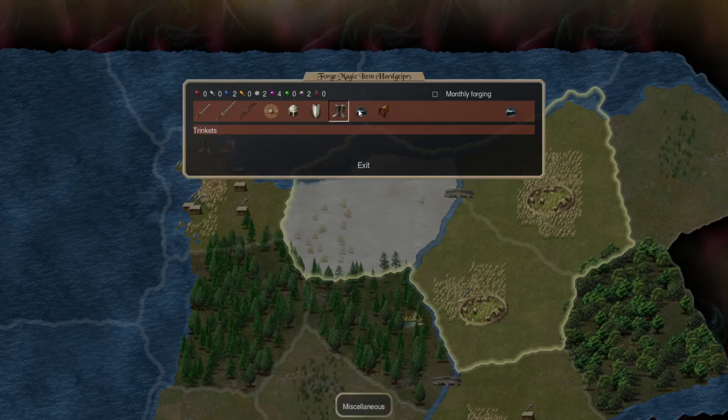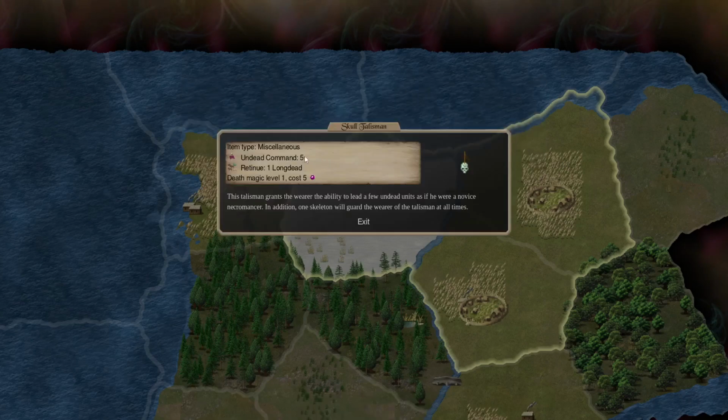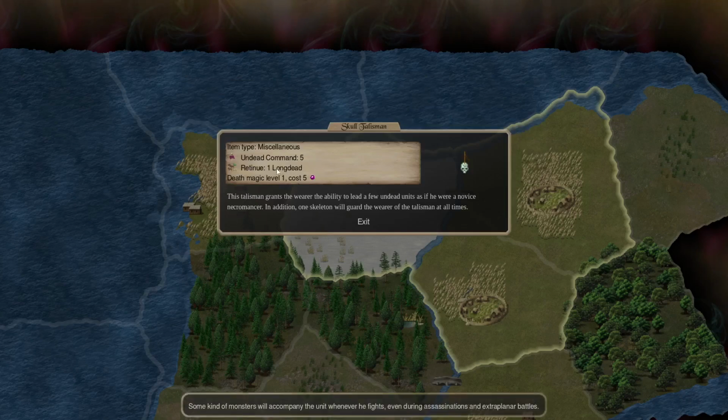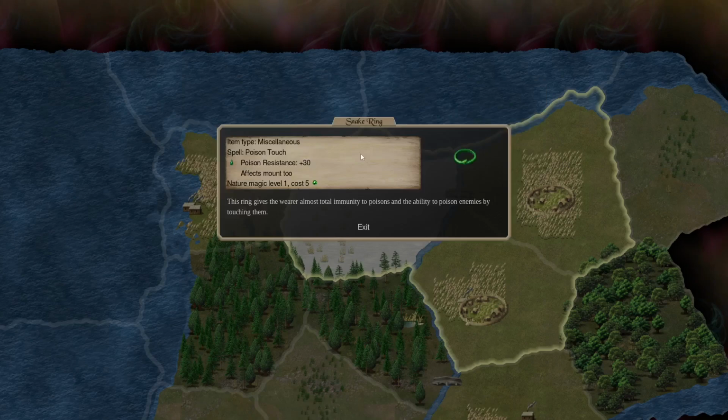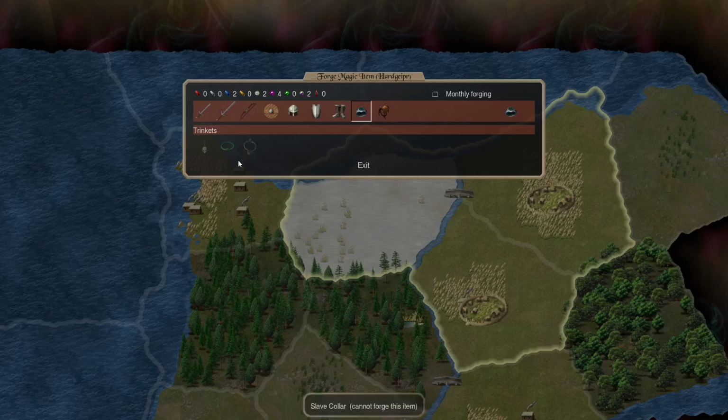Then we actually have miscellaneous back in through here. At this stage, Skull Talisman, so we can command 5 undead with this one. Retinue will create 1 long dead to go and help us, which is sort of like a skeleton warrior. It requires death magic. This one here is a snake ring, which will give poison touch. So this ring gives the wielder almost total immunity to poisons and the ability to poison enemies by touching them. And so essentially it's a spell that is attached to it. It's a spell that we would then have